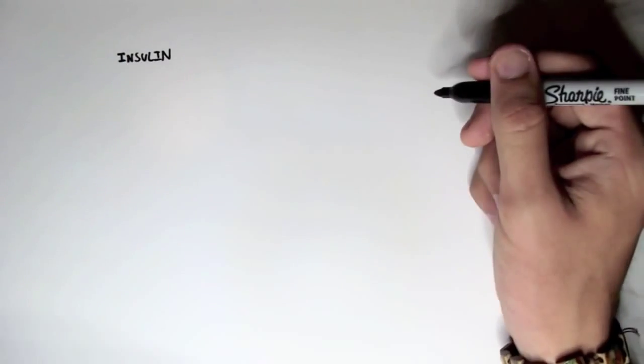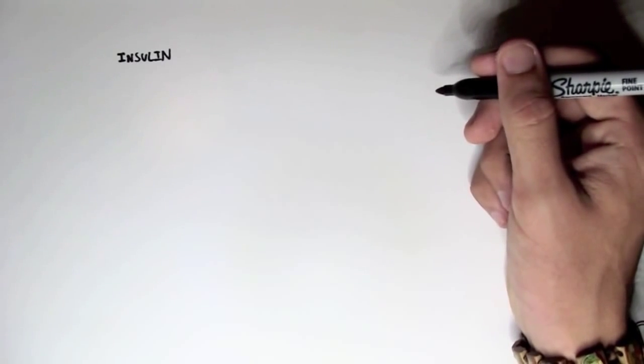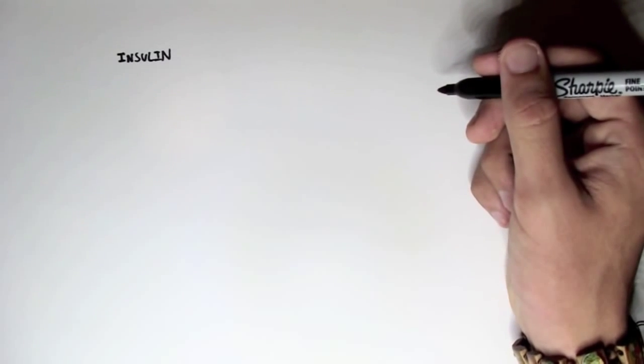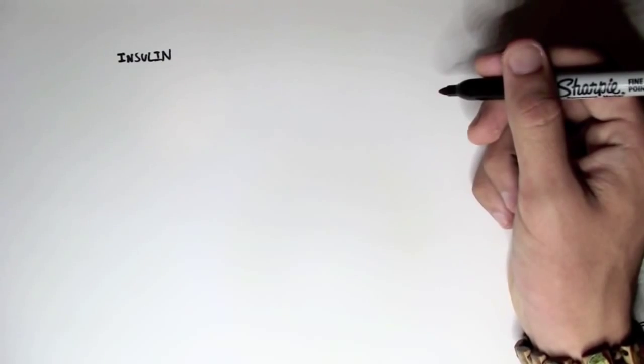Let's talk about insulin. Insulin is a polypeptide hormone, and as I mentioned, it has a major role in the regulation of macromolecules within our body, and has a major role in the homeostatic condition of metabolism. But the main role insulin has is in storing excess energy, as in storing fats, lipids, carbohydrates, and proteins, such as during a fed state.